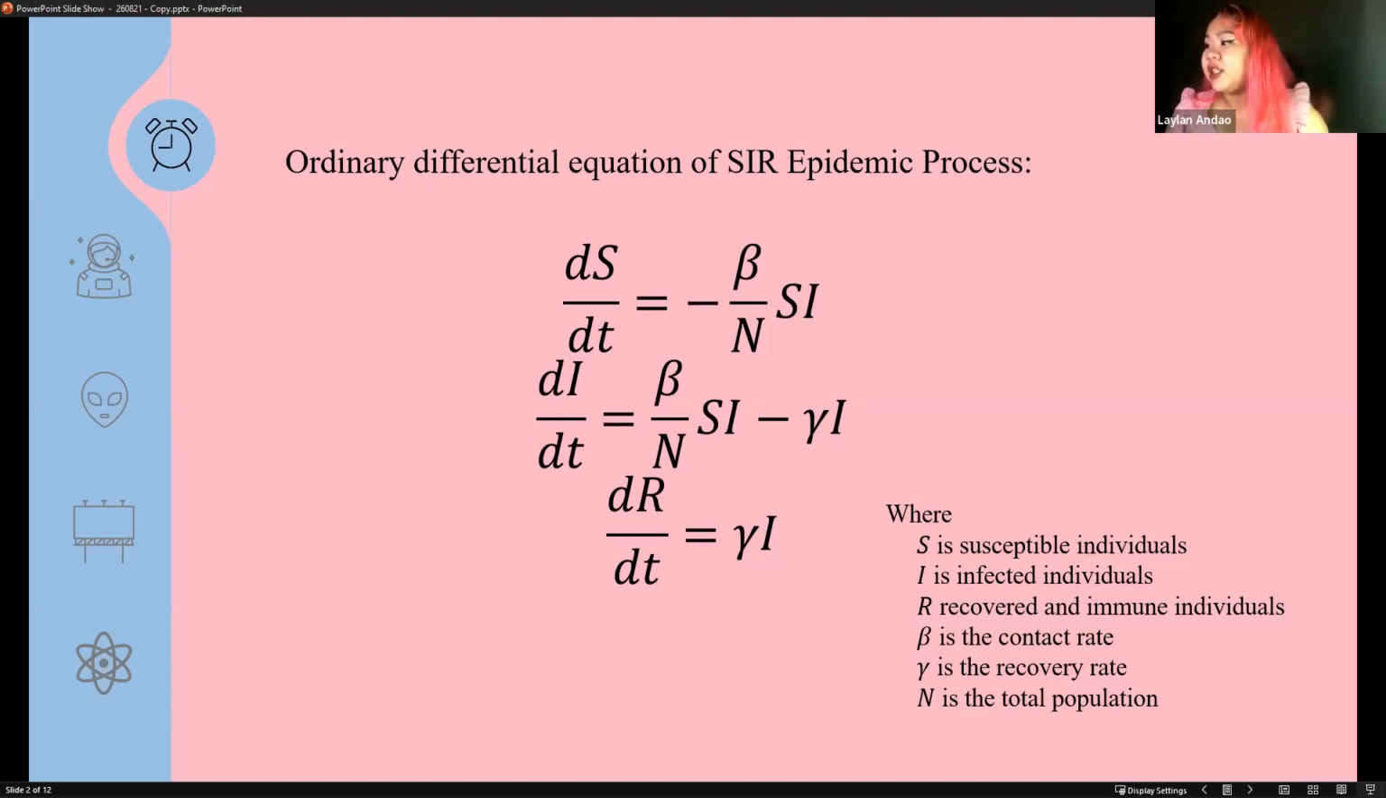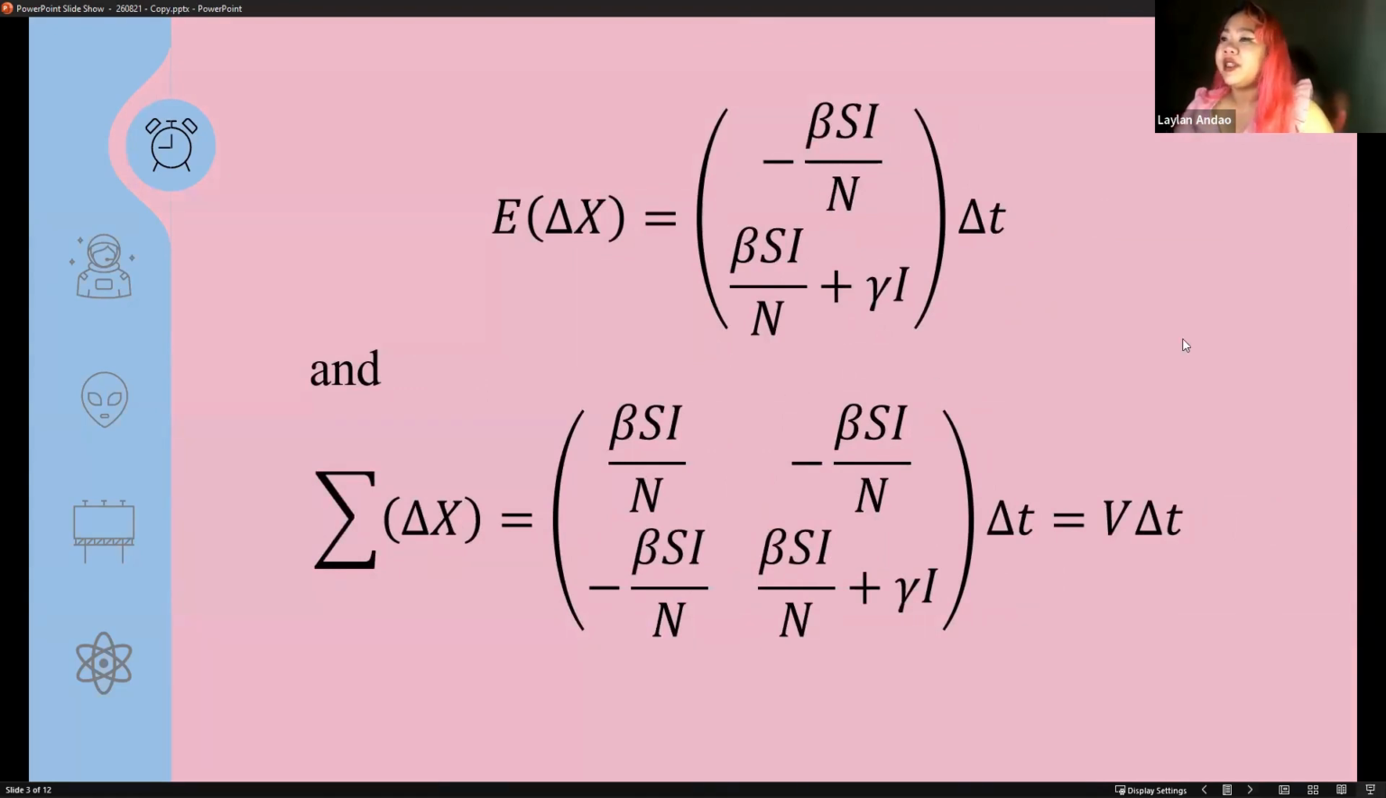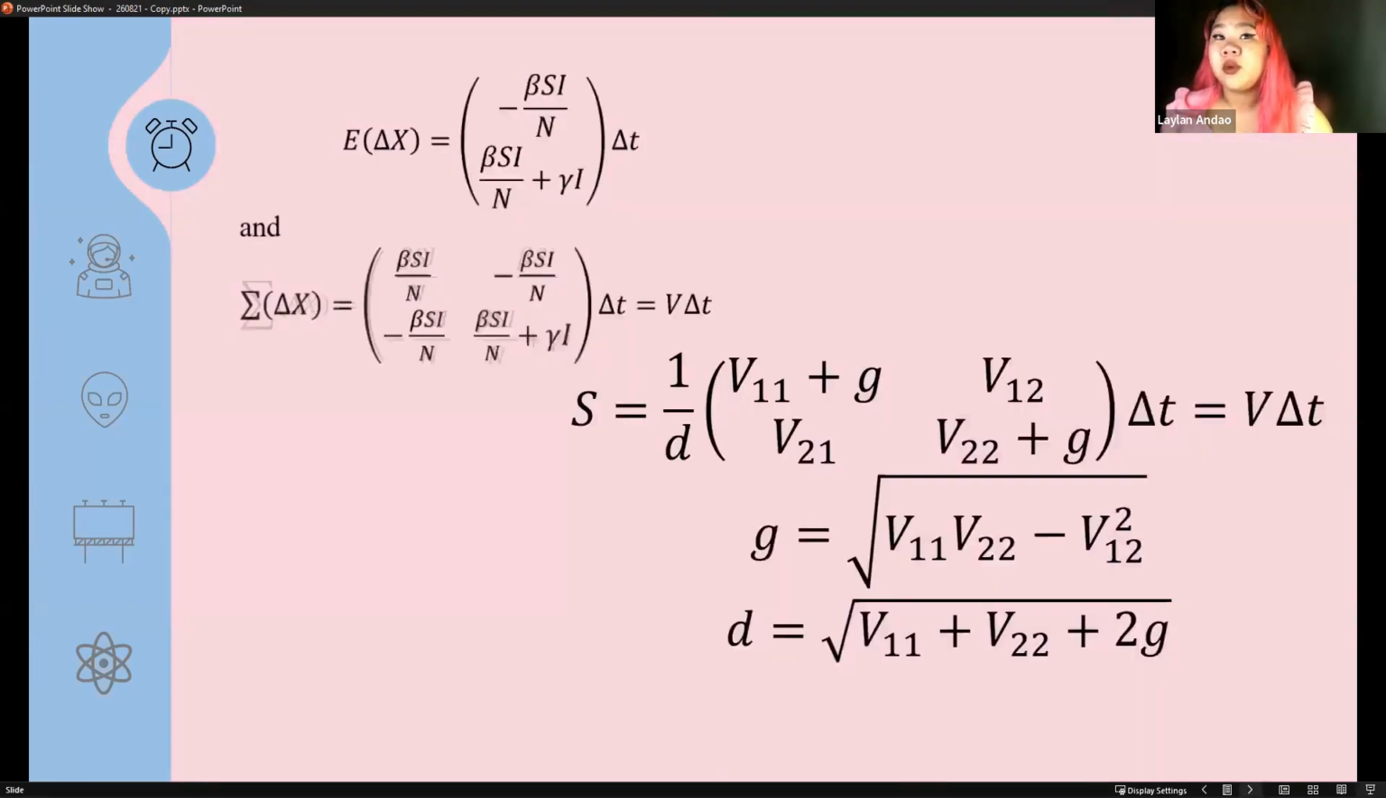Now, the expectation vector and the covariance matrix to order delta t have the following form. The expected value of delta X is equal to this matrix times delta t, and the covariance of delta X is equal to this matrix times delta t, or we just call it V delta t. For a special 2x2 positive definite matrix like this, there is a simple formula derived by E.J. Allen from 1999, a formula for S, the square root of the